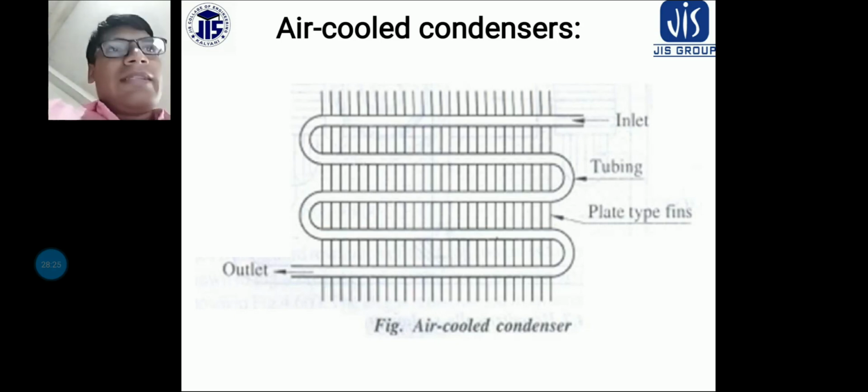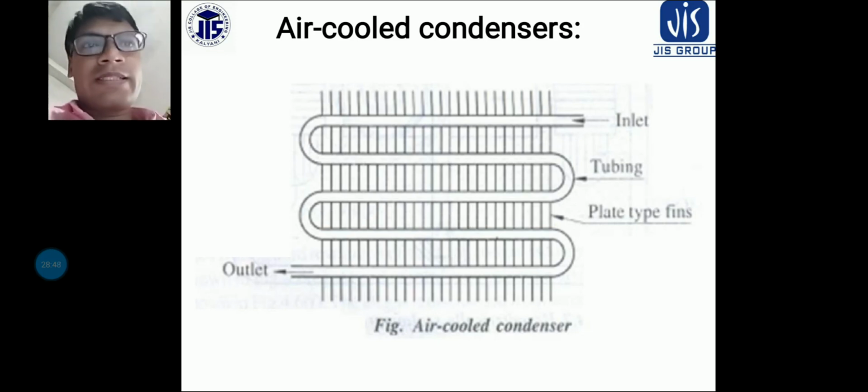Normally this temperature difference cannot be controlled. However, under difficult conditions, devices are available that control condenser capacity by changing the amount of condensing surface and airflow rate. Most air-cooled condensers are designed to operate with a temperature difference of 14 degrees centigrade. So this is all about the factors which affect the capacity of the air-cooled condenser.